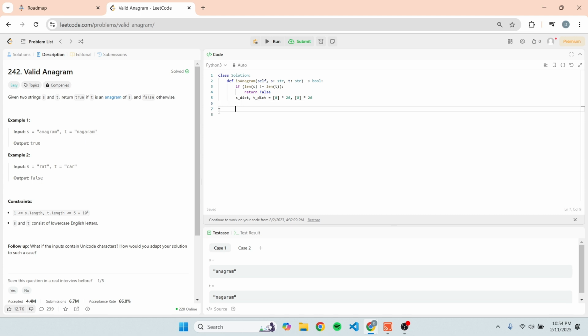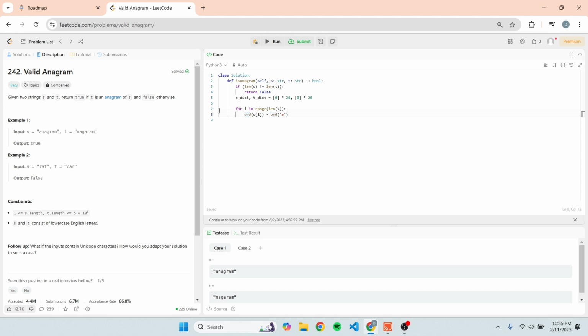And now that we have this, we're going to iterate over both strings. So for i in range of, you can pick either letter, but I'm going to pick s, because these are both the same length string, so we don't have to worry about going out of bounds of either string when we're iterating over them. So then for i in range of len s, we're going to check if s of i, and then the ord of this minus ord of A